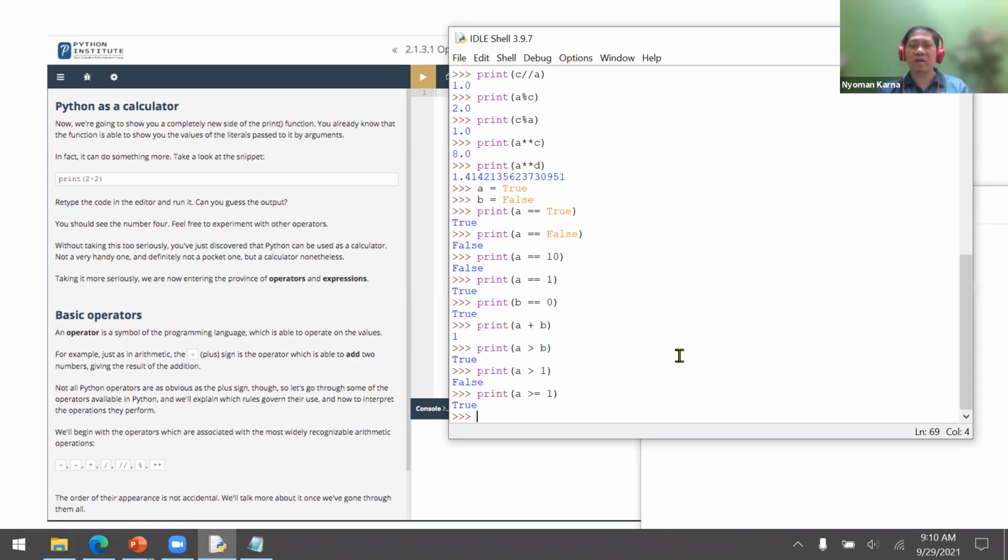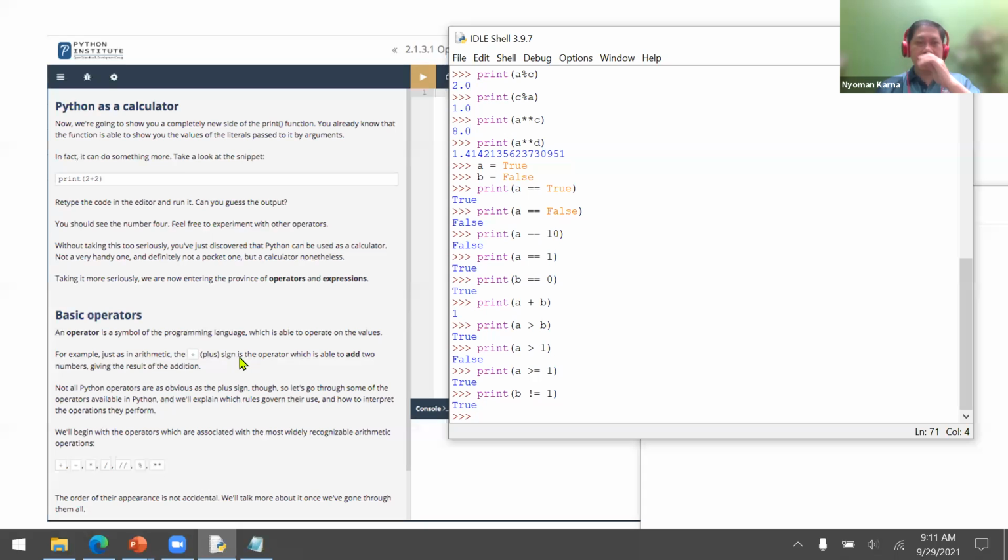Then we also have the operators for logic operation, which are equal to, double equal sign, more than or equal to, less than or less than or equal to, or not equal. For example, this one will return true. Why? Because B is 0 and 0 is not equal to 1. So it will return true.